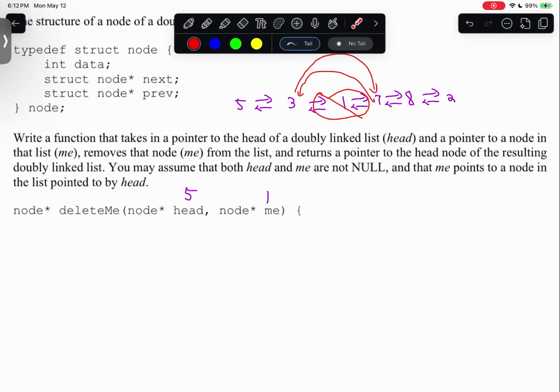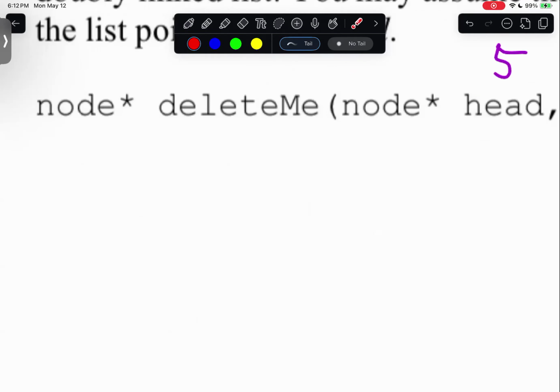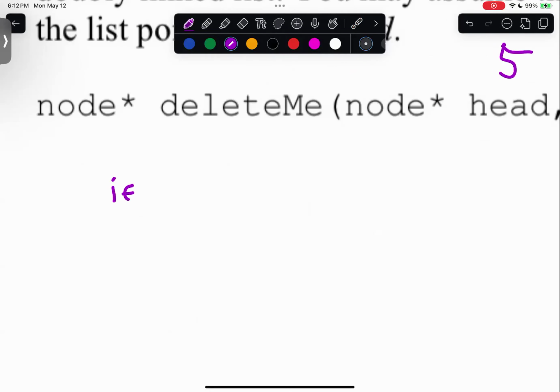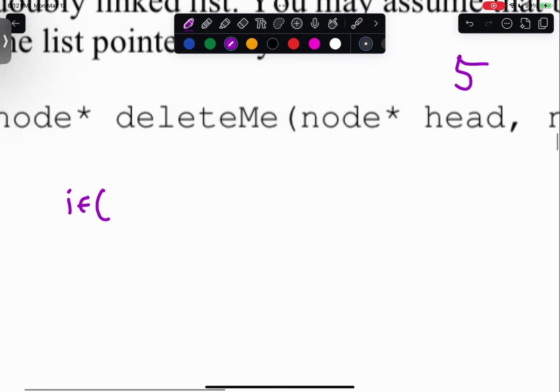Okay, so let's take care of that case if me is the head. I think that's pretty self-explanatory. If me is the head,